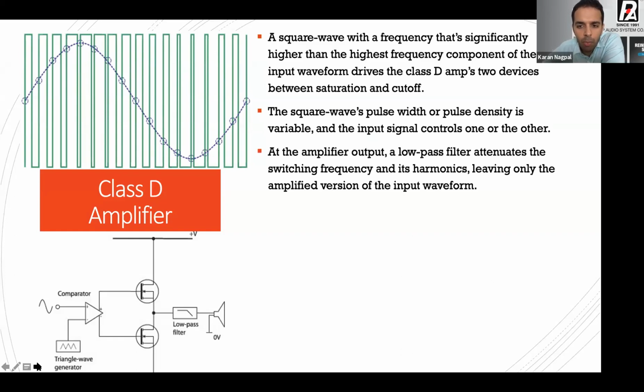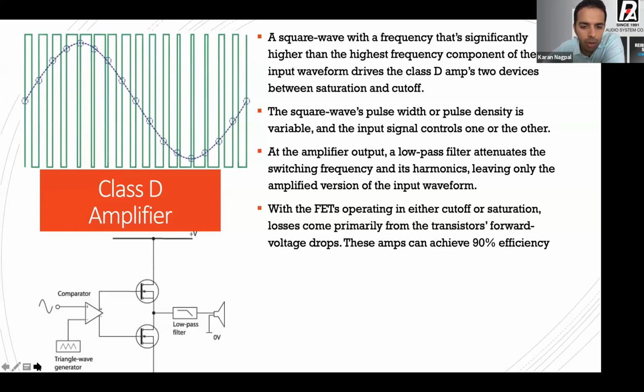And at the amplifier output, a low pass filter removes this switching frequency. जो हमने बड़ा high frequency use किया है, the amplifier output is cutting off the higher frequencies and trying to eliminate it. There are other problems associated, but let's not get too much into detail. With FETs operating either in cutoff or saturation, losses come primarily from the transistor's forward voltage drops. These amps can achieve 90% efficiency. I'm not going to get into too much of the losses and everything, but इसका जो efficiency है काफी ज़्यादा